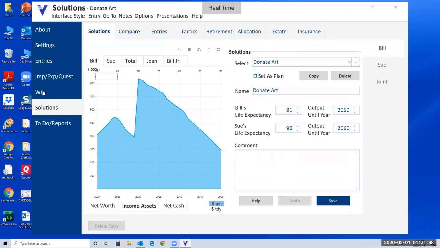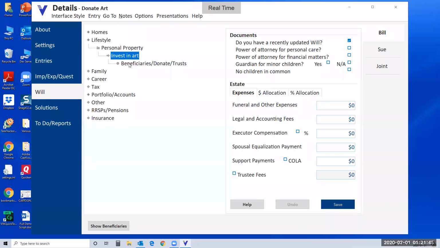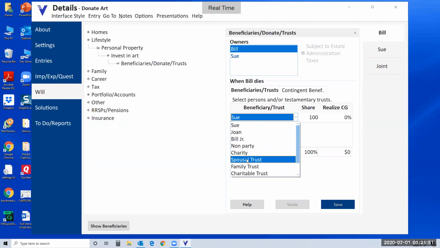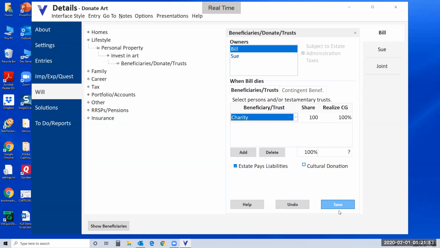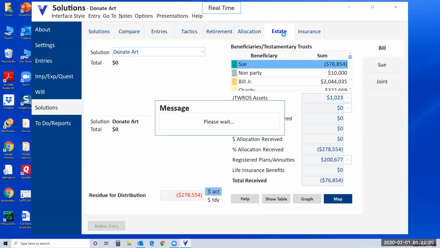And I'm just going to go back to the Will tab, and the art is in Bill's name as well. And all I'm going to do is change the beneficiary from Sue to Charity. And you'll notice I'm going to make this a cultural donation just because we get a bigger tax benefit. And now when we go back to the output, or the estate output, what we're going to see is that